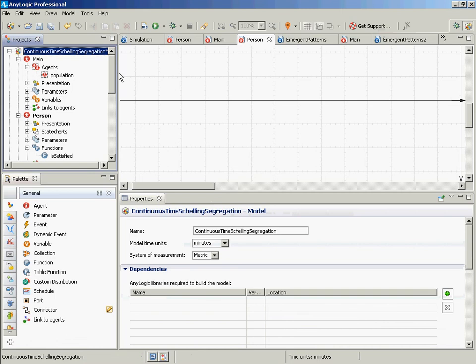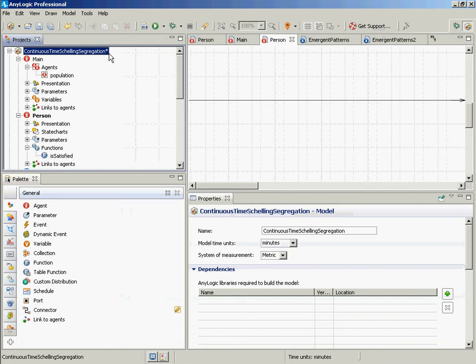One thing I would note, just as a point of advisory for your use, you'll notice here we have a star after the name of the model. That indicates the model's been modified. So if you see a star after the model telling you, I haven't been saved, AnyLogic has an auto-save mechanism, so if anything happens, chances are we'll have a recent copy of it, but it's still best to not only build, but save early